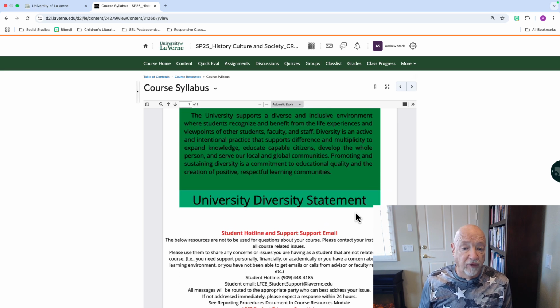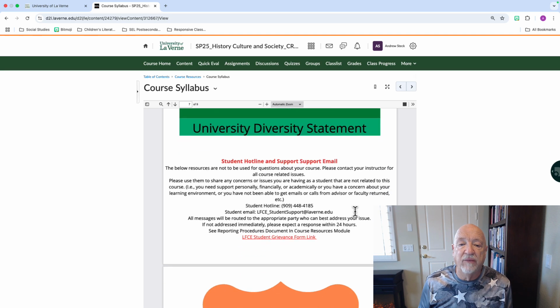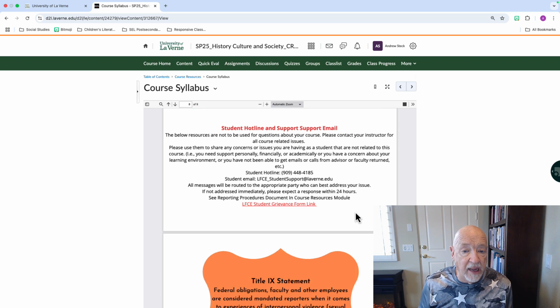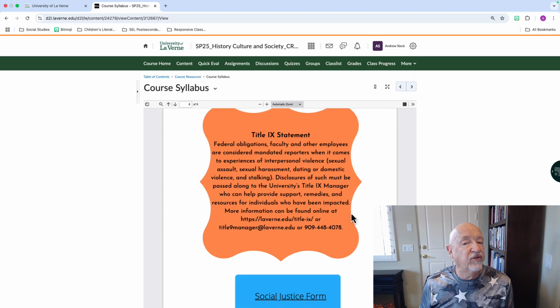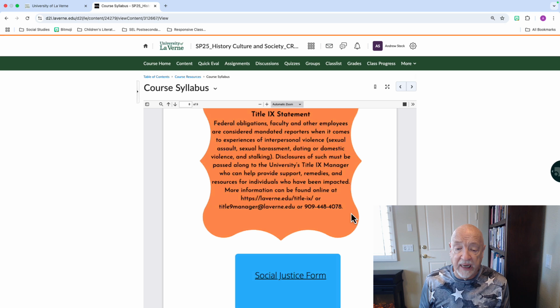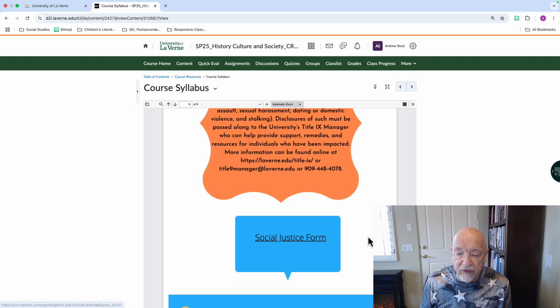This is our University Diversity Statement. You can read through that. We have a student hotline and support email. This is the link for that. Here is Title IX. If you feel you're being discriminated against, please fill out the social justice form or come